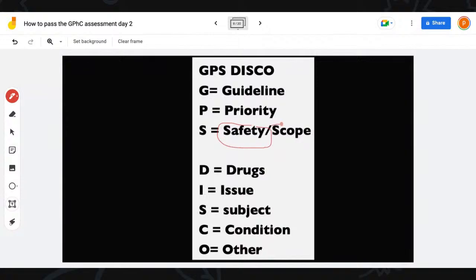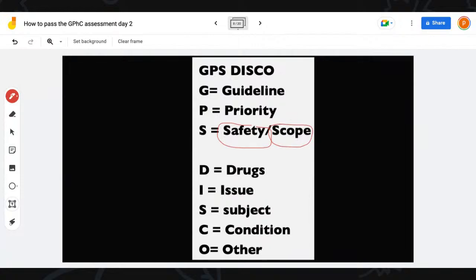And then this part is what students don't know about, but this is what we're going to focus on as well. The option that you have to choose has to be within your scope of practice. Because in these questions, if you listen to what the GPhC says, in your exam, they want you to think as pharmacists. You're meant to answer the question as a pharmacist, not a pharmacy trainee, as a pharmacist. And one of the ways that you determine the right option is you have to ask yourself, is this option within my scope of practice? Which simply means, as a pharmacist, can I do this action?